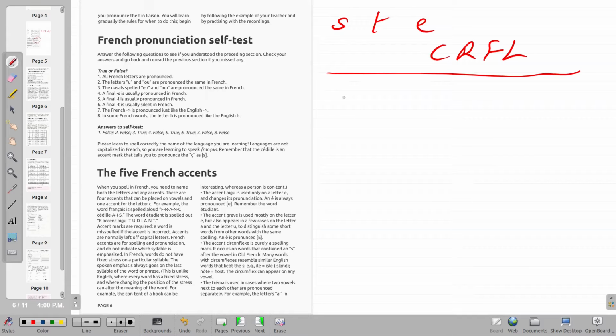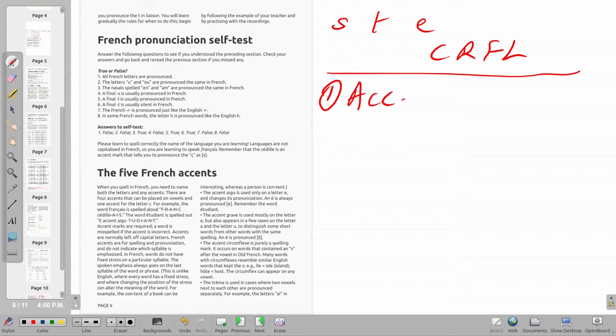There are 5 of them that you need to understand. Depending on which of them you place on a letter, it will change the pronunciation of that letter. The first accent to look at is called